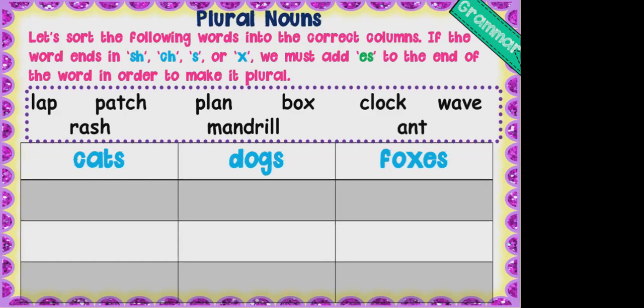to make it plural. Okay, and they've already got cats, dogs, and foxes. All right, lap. So if I add an S to it, it's going to go where? Under cats. So it makes it laps, L-A-P-S. What about patch? Now it ends with